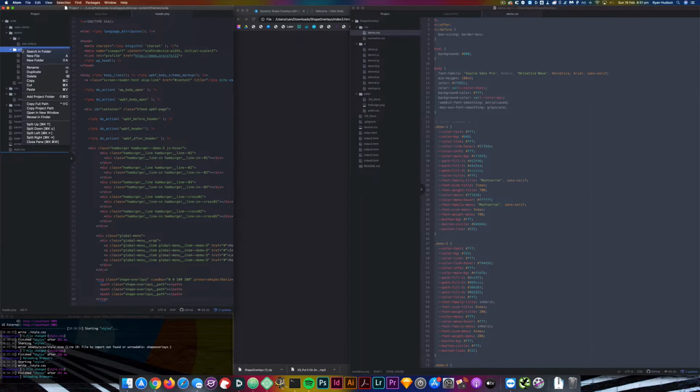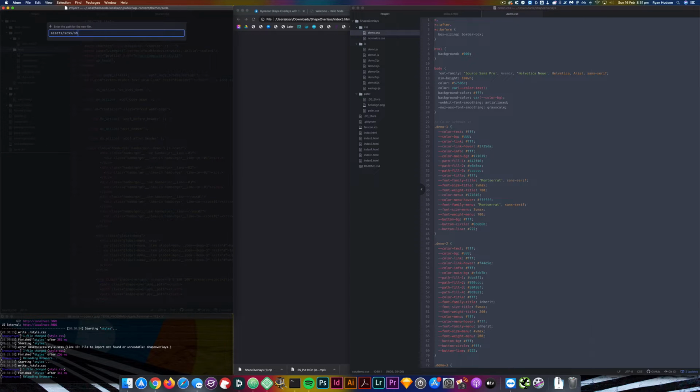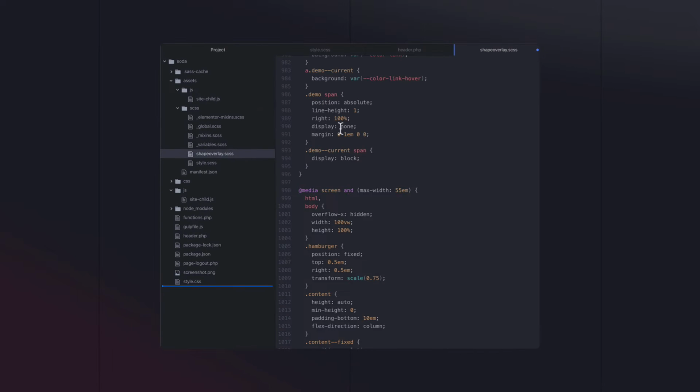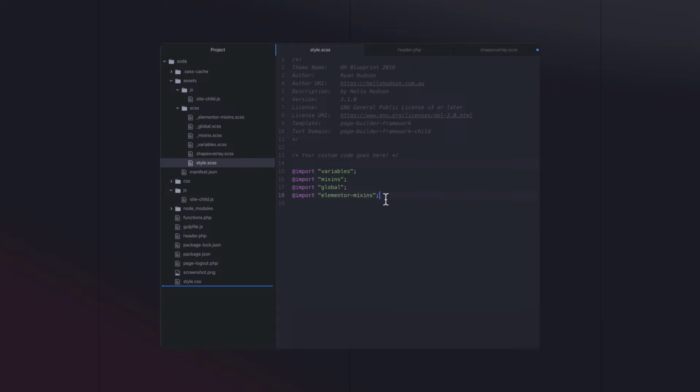So I'm going to create a new Sass file here. I'm just going to call it shape overlay.sass. Paste that there, and then I'm going to link it in here. Okay. So this will now add my shape overlay Sass file to be processed with all of my other Sass